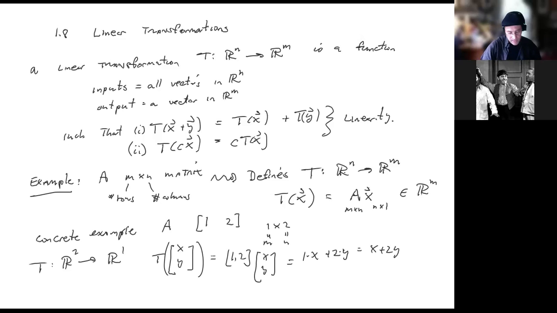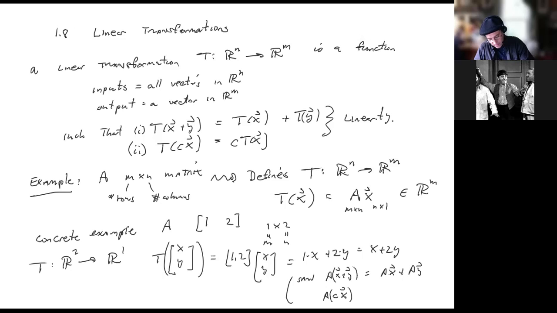And now I claim that linearity is satisfied. The linearity conditions are satisfied for the matrix product, and that's because we saw that A of x plus y, for sum of vectors, A preserves sums of vectors, A of x plus A of y, and A preserves scalars, you can move scalars through A. So A of C times x is C times A of x. And that guarantees that T is a linear transformation, these two conditions. Okay, so,